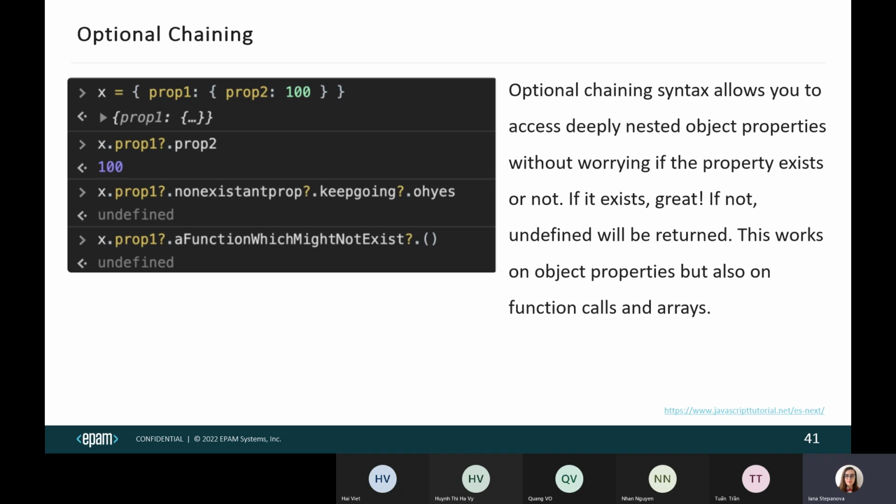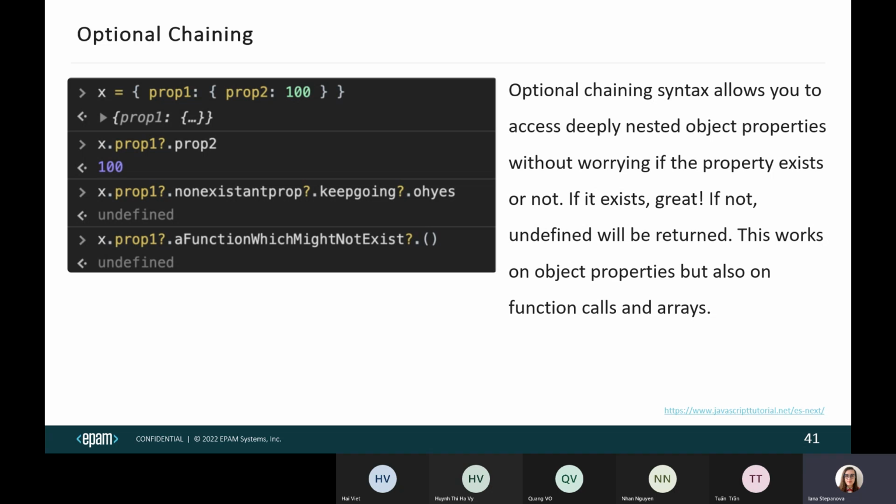But what if there was some error on the server and you did not receive this data? If there is no prop 1 on your object, previously you would just fall with an error, like there is no such value. But now with optional chaining, which is again done with a question mark